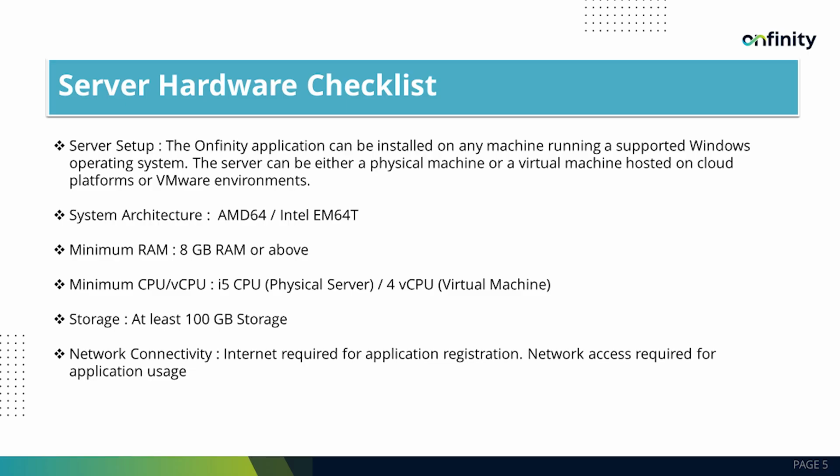Before beginning the installation, it is important to verify that your system meets the minimum hardware and software requirements. The server can be either a physical machine or a virtual machine running in a cloud or VMware environment. The minimum hardware requirement includes 8 GB of RAM or more, an Intel i5 processor or higher for physical servers, or at least 4 cores in case of a virtual machine. A minimum of 100 GB storage space should be available, and the server must have active internet connectivity to register